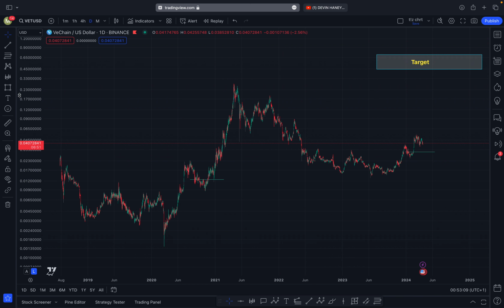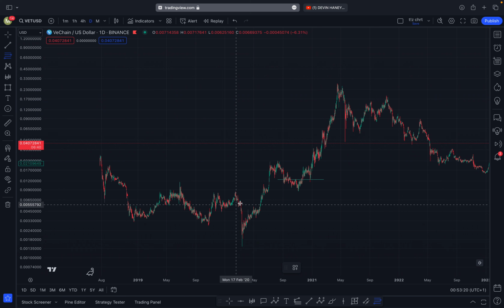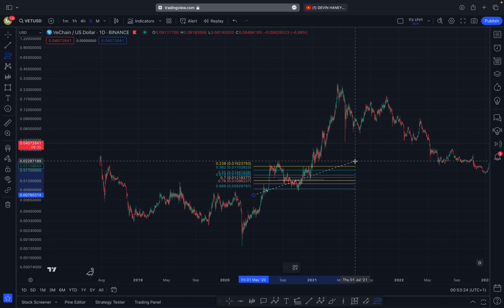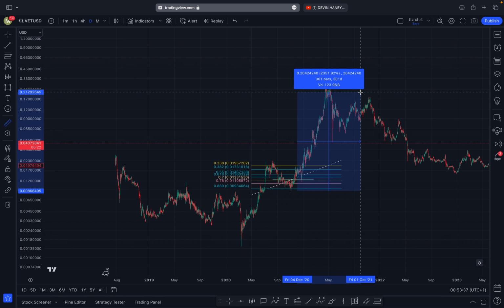Let's use a Fibonacci tool one time from here, because this is where the last bottom back then was created for Vechain. So let's pull this Fibonacci tool. Let's take it from here to there, and we can see that it reached the 0.889 back then, even undershot it slightly here for Vechain, and then the market went on to this 20x rally back in the days,